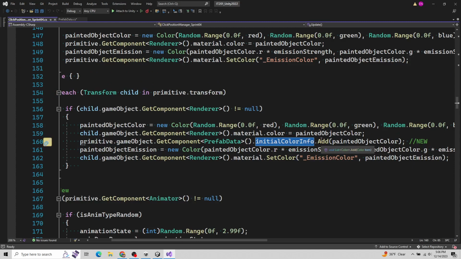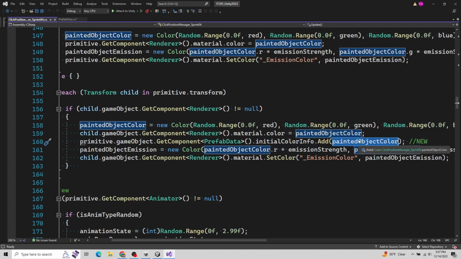And lists have some methods on them. Add and remove are probably the ones that you could just take note of for now. We're going to add an element to the list, right? So it's a method of my list object, and it's like adding another element into the list, or you can also think of it as an array. Just add one. And what are we going to add? Well, the current color we just created and assigned to this variable, we're going to add that to our list